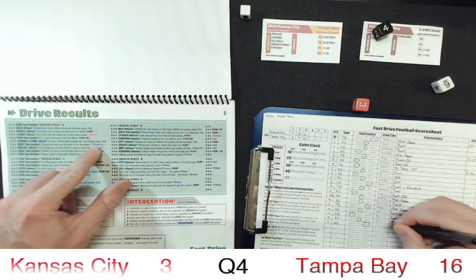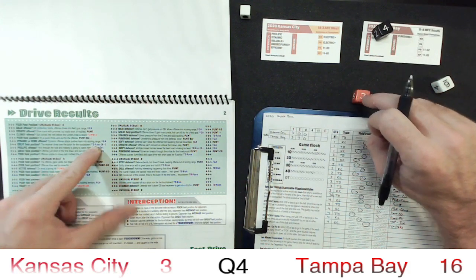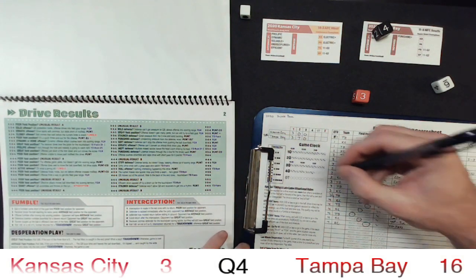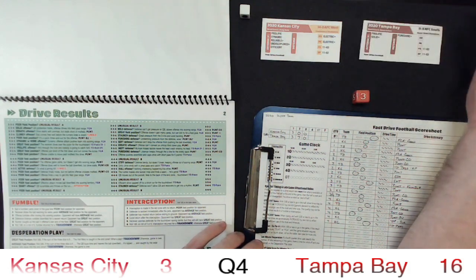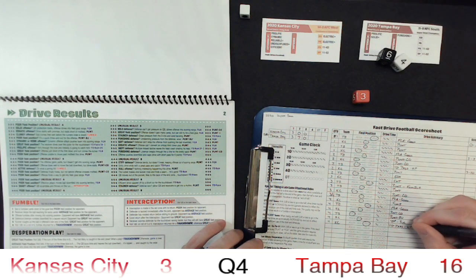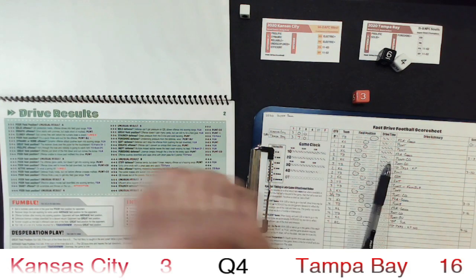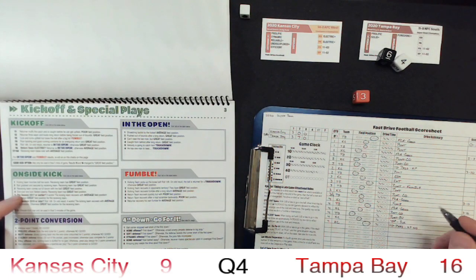So I could have screwed that up. TD pass. It was 1 tick in length, no matter the die roll. So 1 tick. It was a touchdown pass. Extra point is no good, 64. So it is 9-16 Kansas City, as they are going to come out for the onside kick with